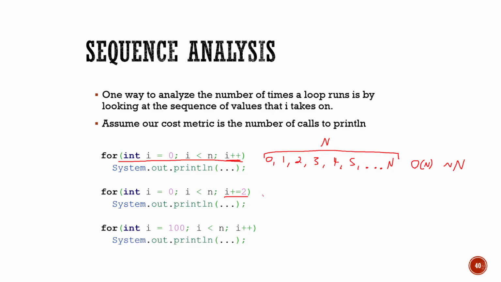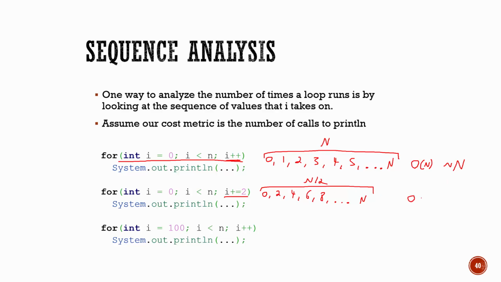In this case, I'm going to start with 0. I'm still starting at the same place. But then what happens is I go to 2, and then 4, and then 6, and then 8, and I'll just do little ellipses here, dot dot dot, all the way up to n. I have the same ending point. Now if I think about this, I'm going every other position. So this loop doesn't run n times. It's skipping every other position. Really, it's going to run n over 2 number of times. So the number of times this happens is this over here. And from that, that's the exact number of times it runs, then I can figure out my big O and my tilde.